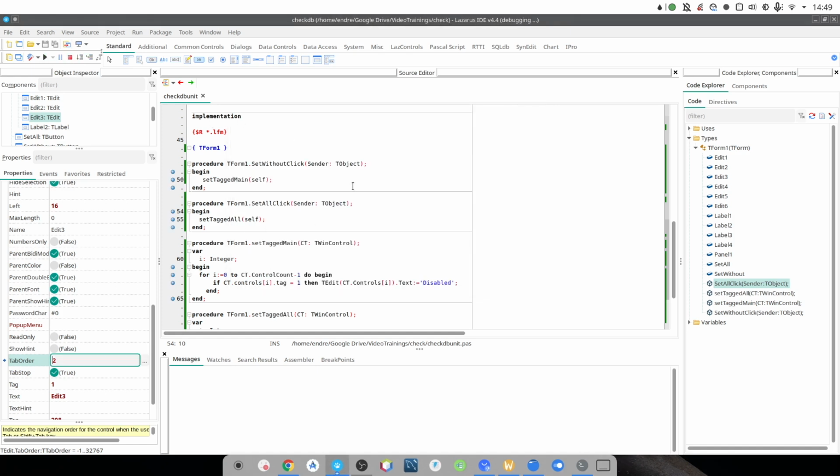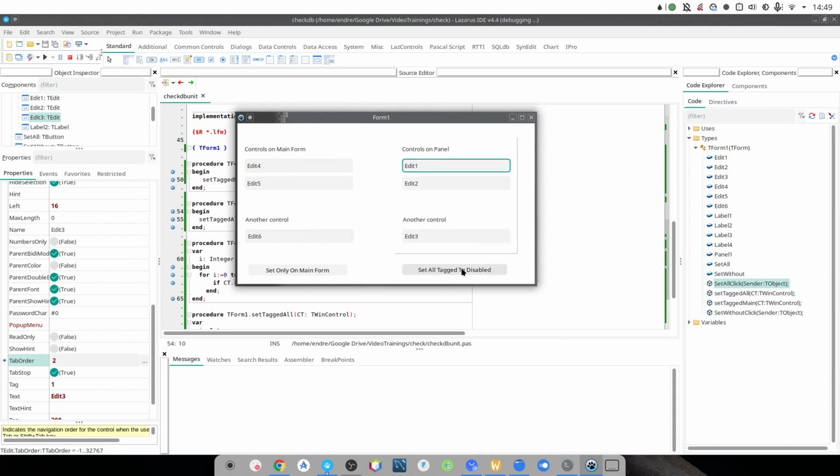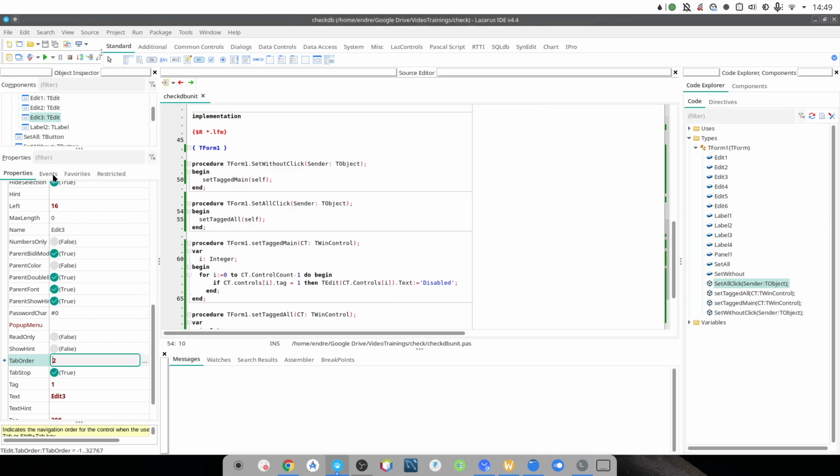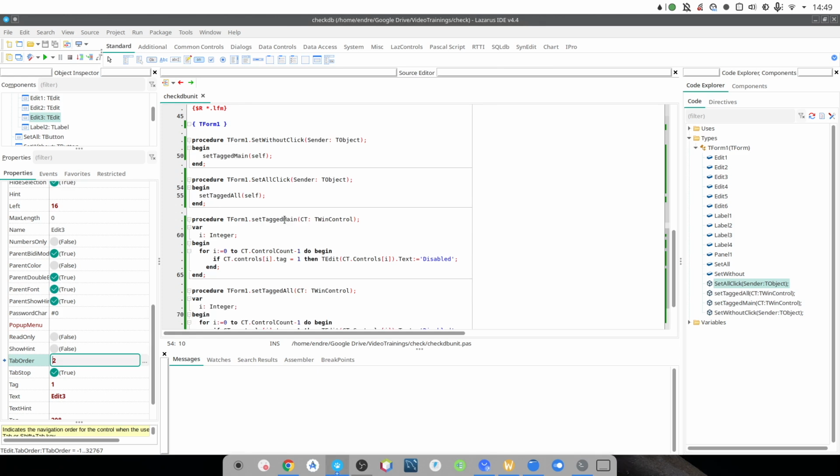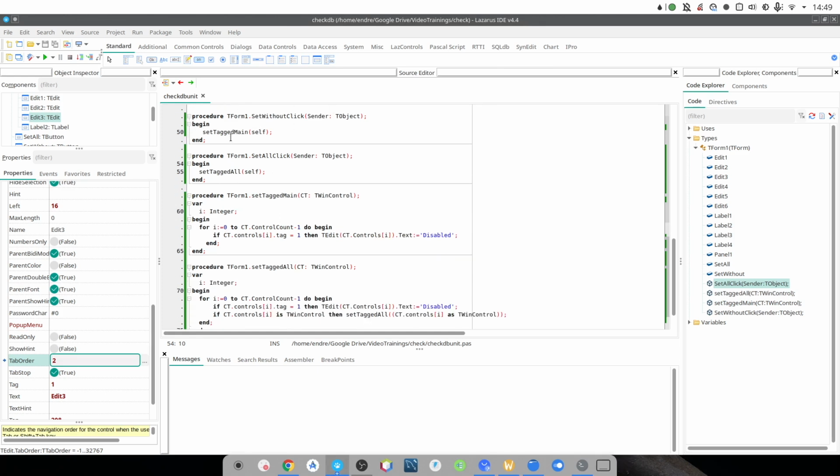If I rerun it and now set all the tagged elements, then you can see that the controls on the main form and the controls in the panel are also set. So let's see how these are defined. If I go into the buttons,